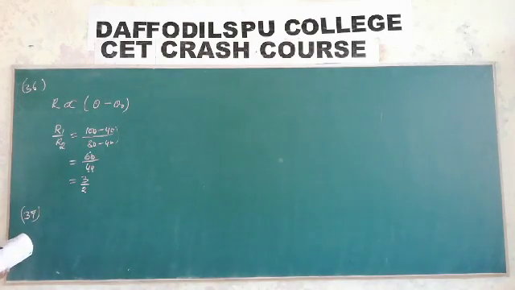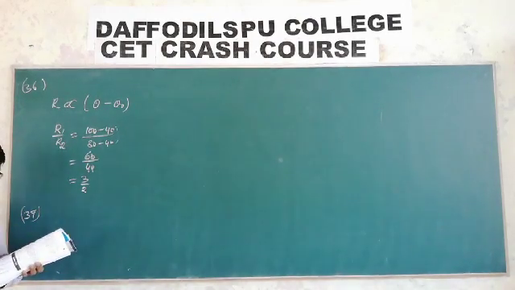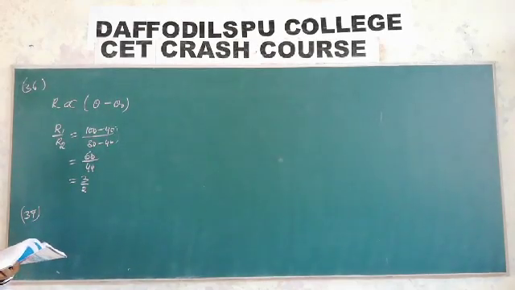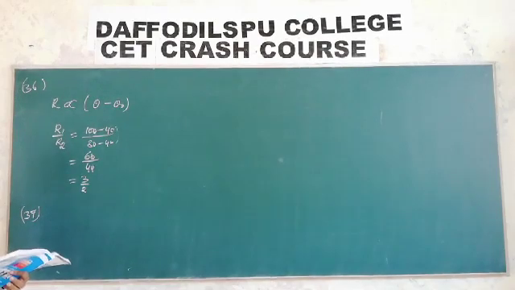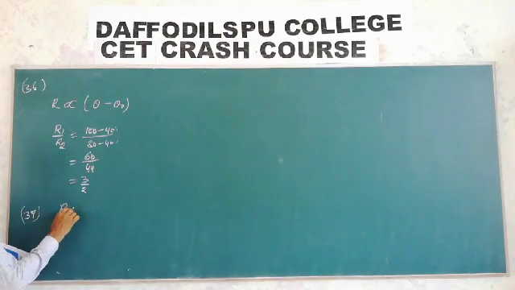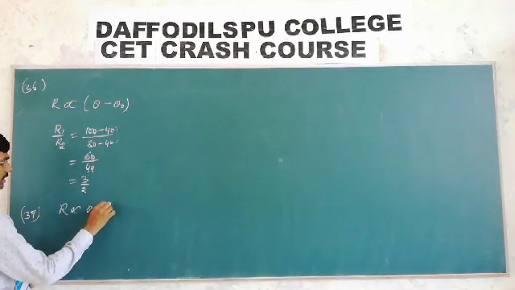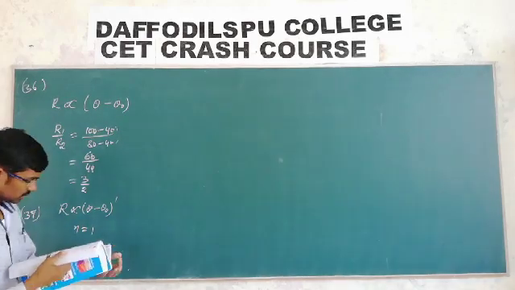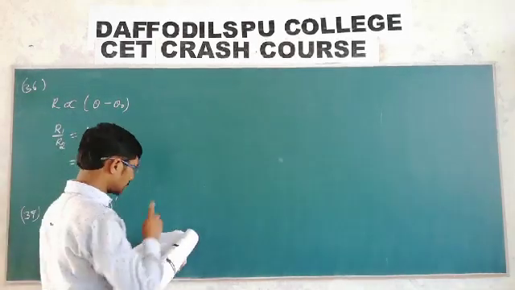37. According to Newton's law of cooling, the rate of cooling of a body is proportional to delta theta power n, where delta theta is the difference of the temperature of the body and surroundings, and n is equal to what? Rate of cooling is directly proportional to theta minus theta naught. So power is 1. Then n is equal to 1.